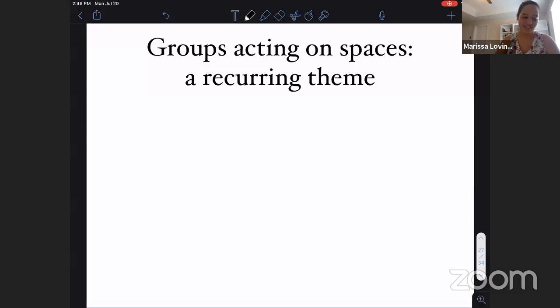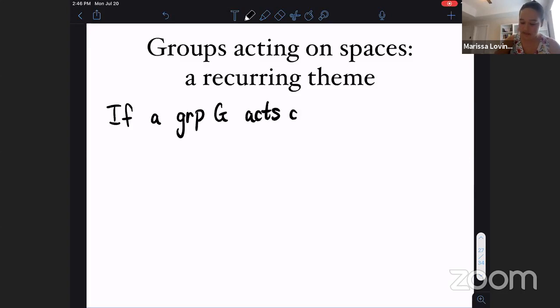Okay. To get back on track, since I've just taken us on a complete derail, I have one last fact, which we are going to relate to the mapping class group in particular, and use to say something useful about it. This last recurring theme that I want to point out is, again, if we just have some group G and it acts, this time we're going to ask for it to act cellularly